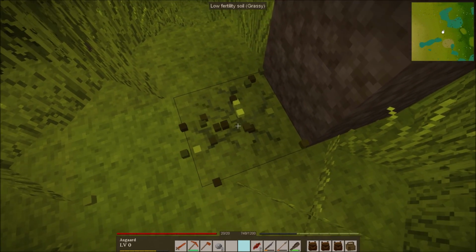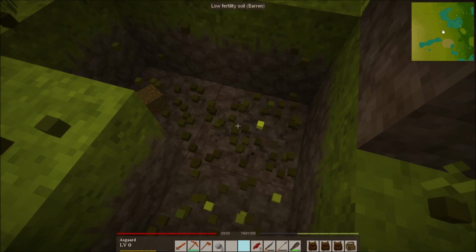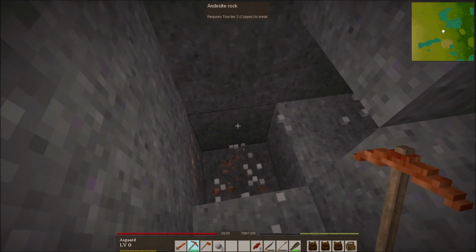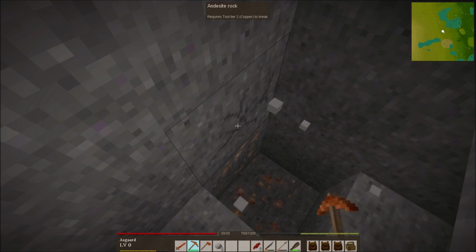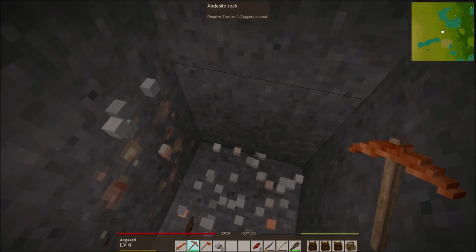So let's just go down, and a surface sample is just what it sounds like. You know, it's right underneath the surface usually. So down in here, okay, you can see right here is copper. So I only came down, what, 3 blocks, and then I hit copper. So that's not too bad. It's usually right there, like near the surface,